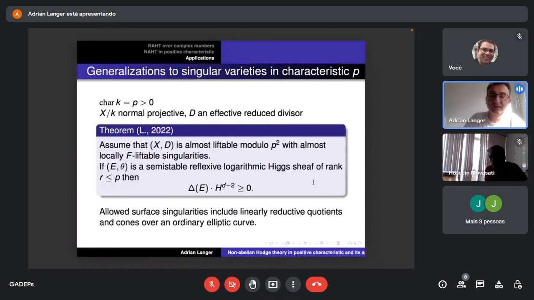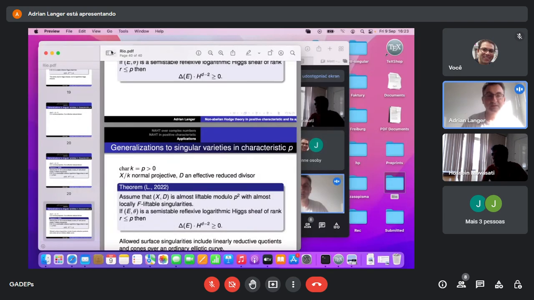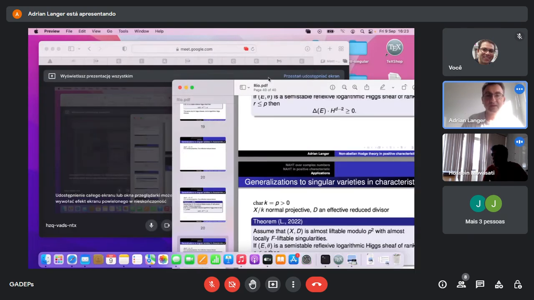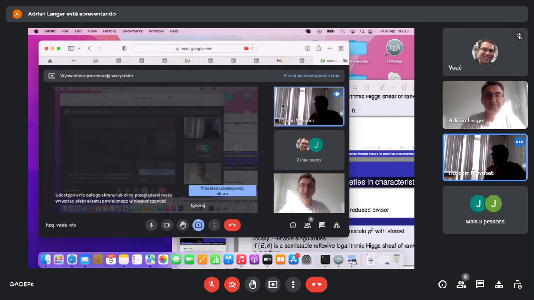So you need to first of all define what these kind of invariants are, these Chern classes that appear, and then and only then you can talk about these inequalities. And also you can say what happens in case where the discriminant is equal to 0 and things like that, but I'm not going to talk about this anymore. So I think that's more or less what I wanted to say.